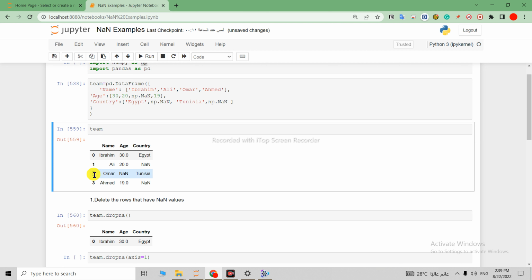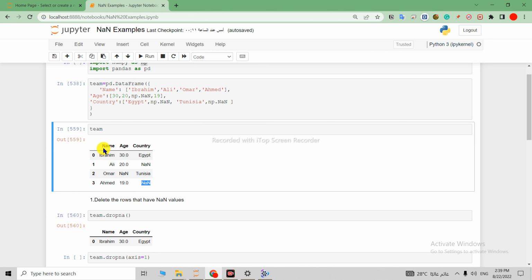The next row is also deleted because it has a NaN value over here, and also the third one is deleted. So we want to check by columns. If the column has a NaN value, you want to delete it. Just only the columns that have complete values will appear in your data frame. So you write axis equal 1. You check by the axis which is equal 1. Right? So you go this way,